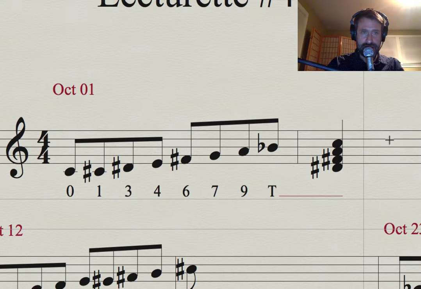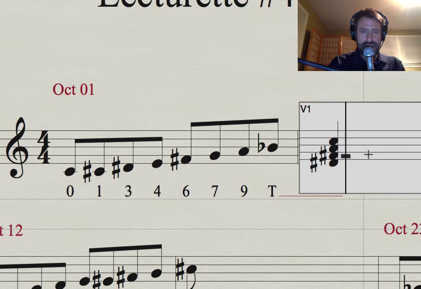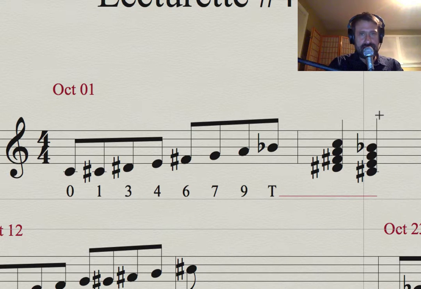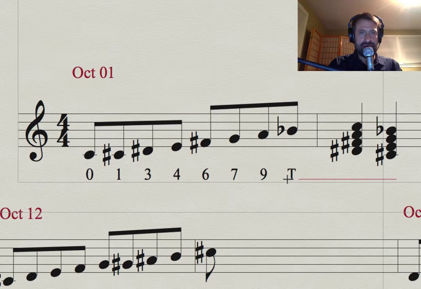So if I start with C sharp, which is right there, and I skip D sharp, I do E, skip F sharp and do G, and skip A and do B flat, we see there that I've got two fully diminished seventh chords, one starting on D sharp, one starting on C sharp, and it turns out that all of the octatonic scales work this way, and to make matters more interesting,